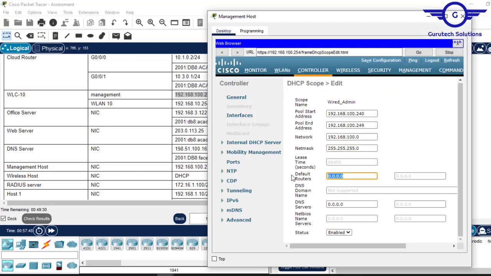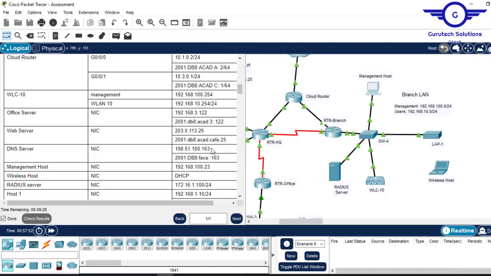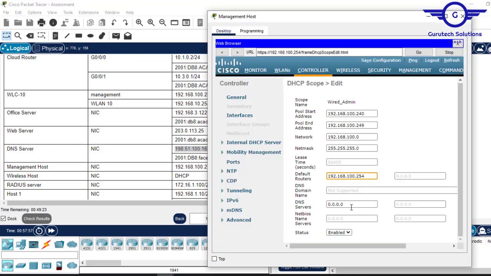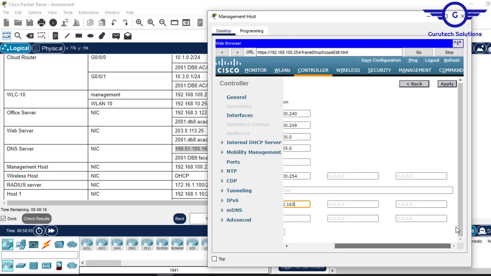Okay, and DNS server should be this one, DNS server. Okay, alright, so what's remaining? Need to apply it to save,